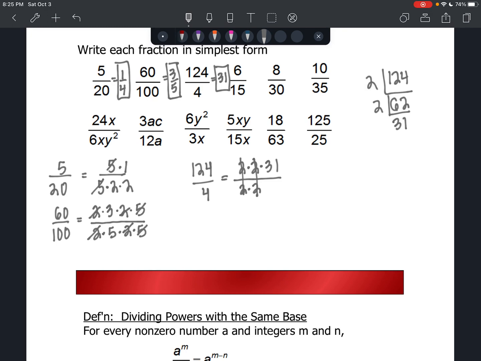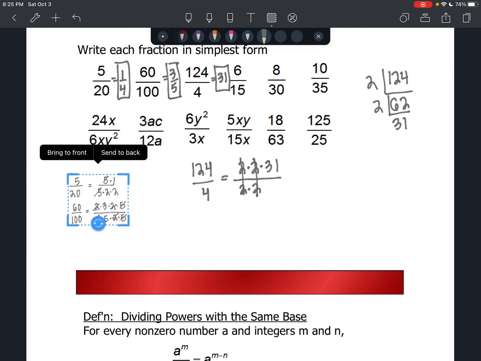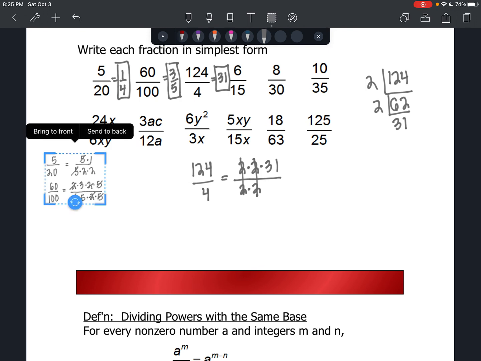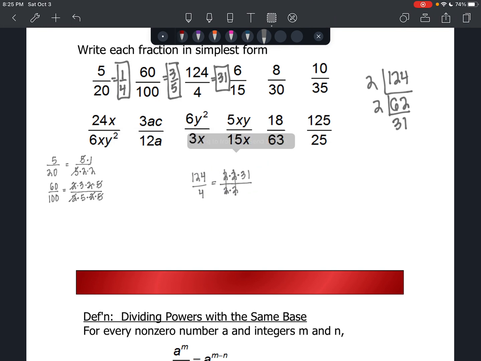Okay, let's move down to 24x over 6xy squared. I'm going to take this and I'm going to resize it. It is way out of the way. There we go. I'm going to take this. I'm going to do the same thing. Resize it. Move it over here. And now I'm going to look at